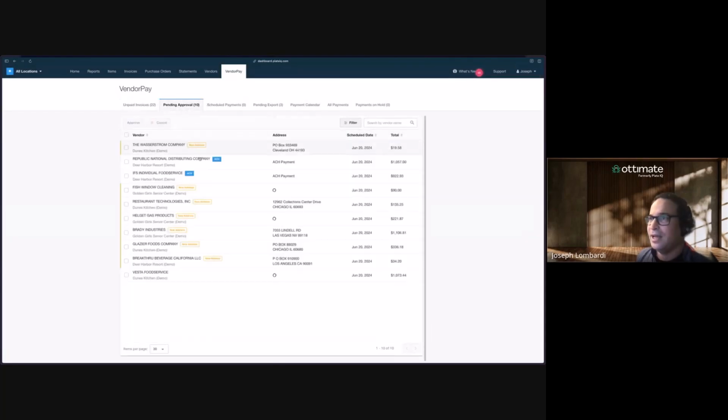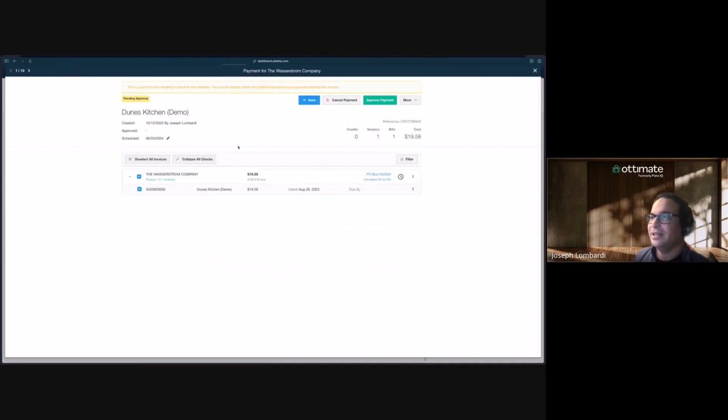And then when you hit the Create Payment button here, those payments are going to end up in this Pending Approval tab. This is where all the payments will sit until the members of the organization that need to approve these payments can review them and approve them for payment. And the great thing about our tool is if you are a VP of finance or maybe a CFO, you may not be in the office all the time, but you still want to see those invoices. You want to review those payments, make sure everything is